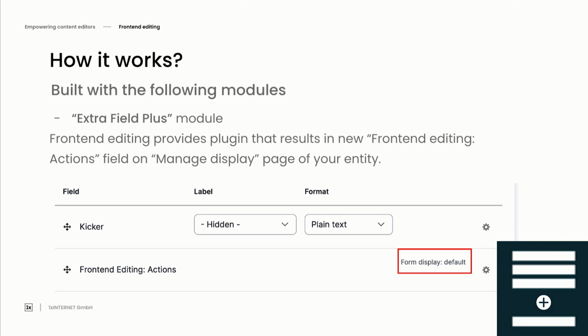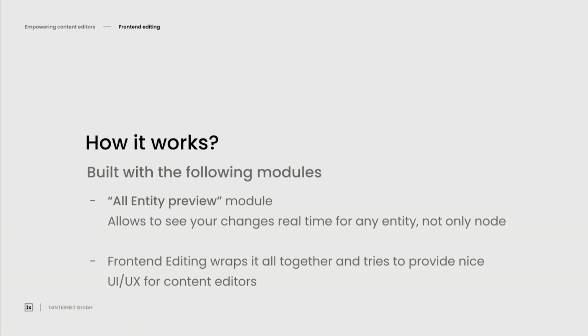So, for example, if you want to edit only the node preview that has title, image, and some preview text, you will also see only these 3 fields on the sidebar. So you don't have to see all these 100 fields that you have. And with meta text, for example, you will only see the ones that are needed.